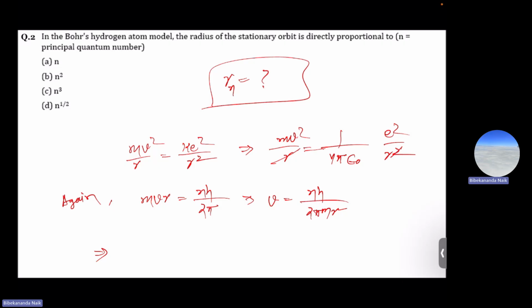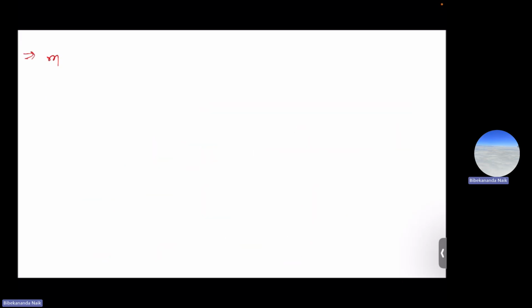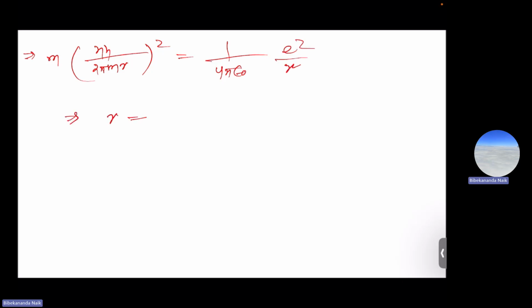see that one r gets cancelled out. So m v square is equal to 1 by 4 pi epsilon 0 e square by r. So if you put the value of v here, m times v, which is nh divided by 2 pi mr, whole square, is equal to 1 by 4 pi epsilon 0 e square by r. So if you solve it, what you will get? You will get r equals to